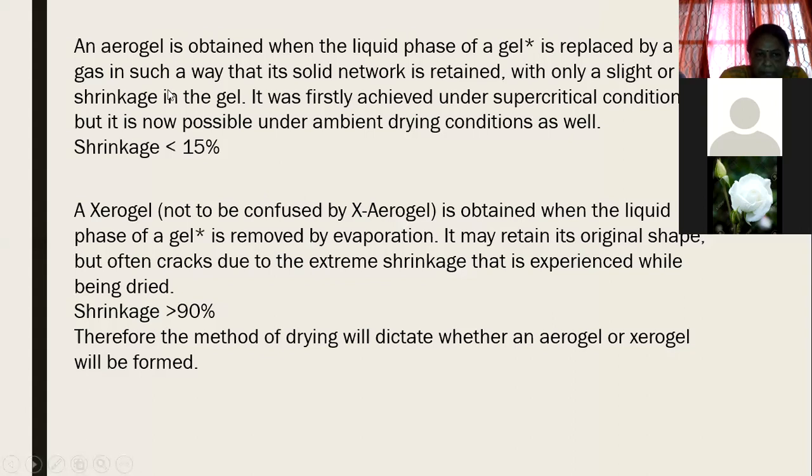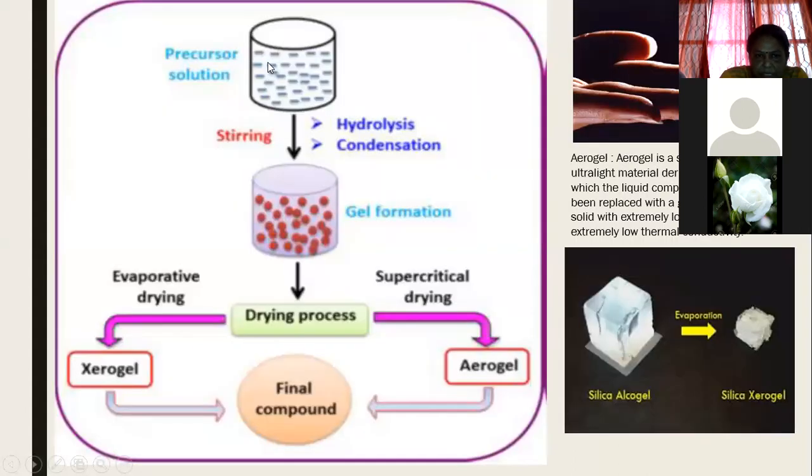You have to prepare a precursor solution and stir it properly. That is the hydrolysis, then condensation; let it undergo polycondensation, and the gel forms. After the gel forms, there are two methods, whether you want a xerogel or an aerogel. These two things are different. I'll show you that. See the aerogel. This is the lightest material.